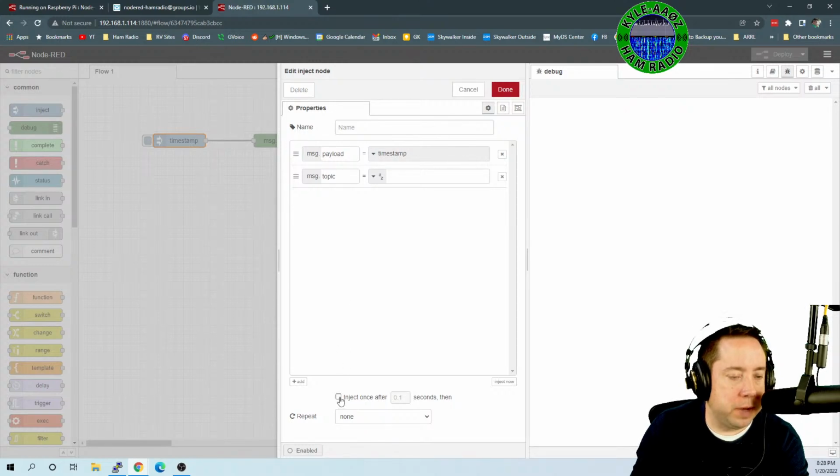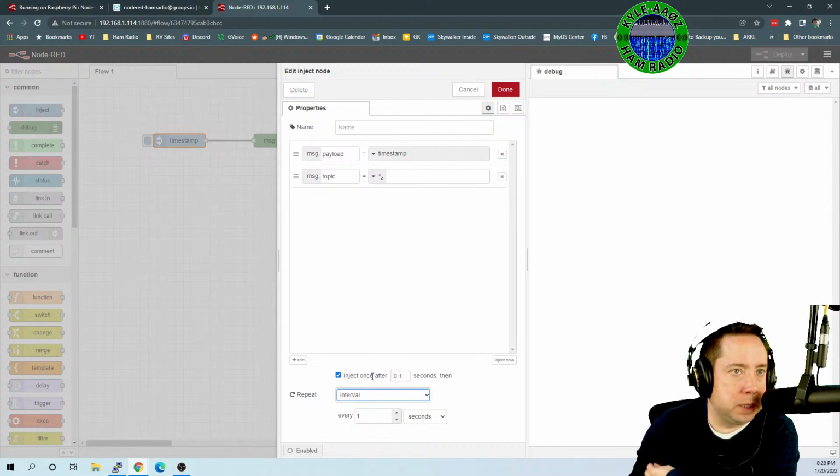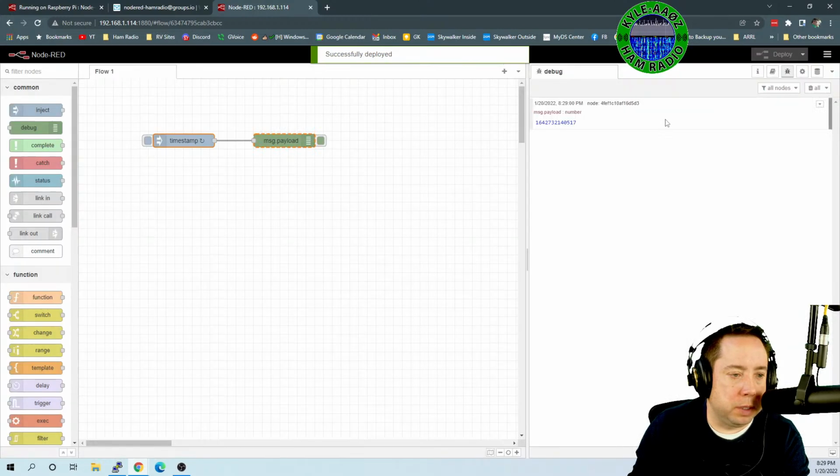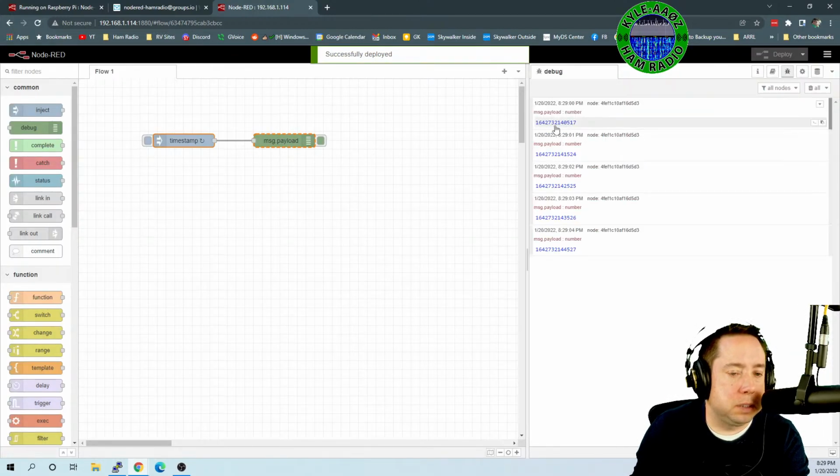A little more advanced stuff here. Let's configure this timestamp to inject a timestamp once at 0.1 seconds and every interval at 1 second. Okay. So if I deploy this and I've turned my debug node on, you can see that this timestamp, and